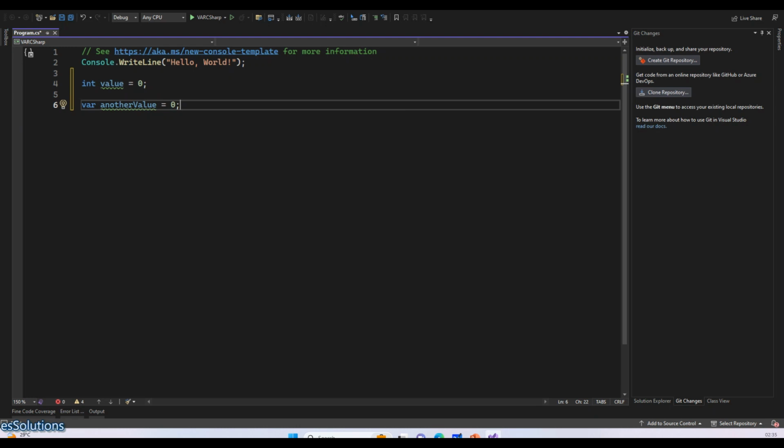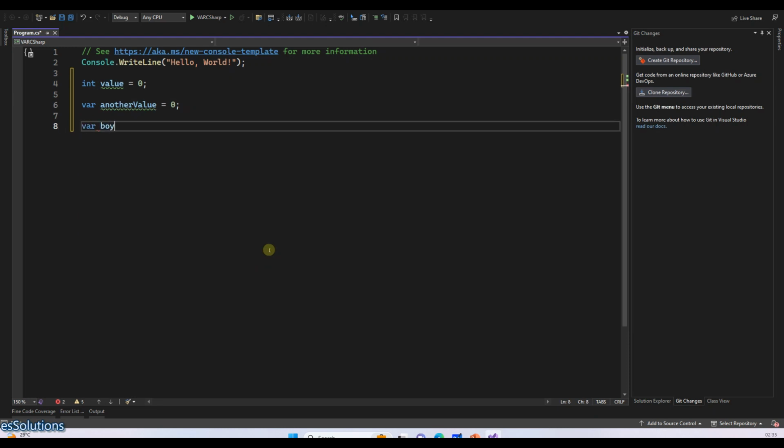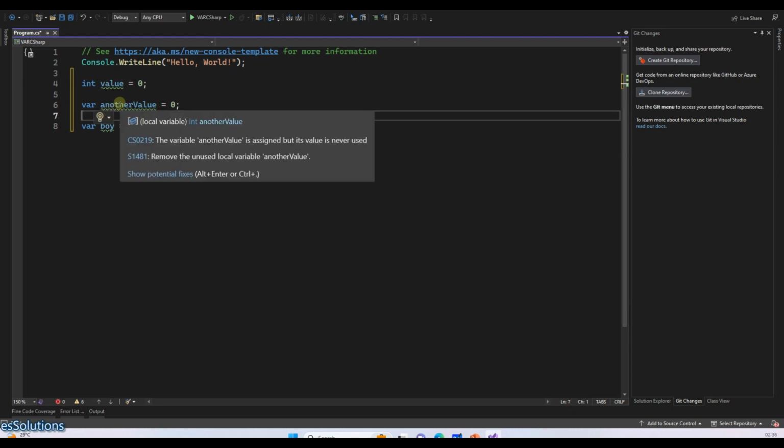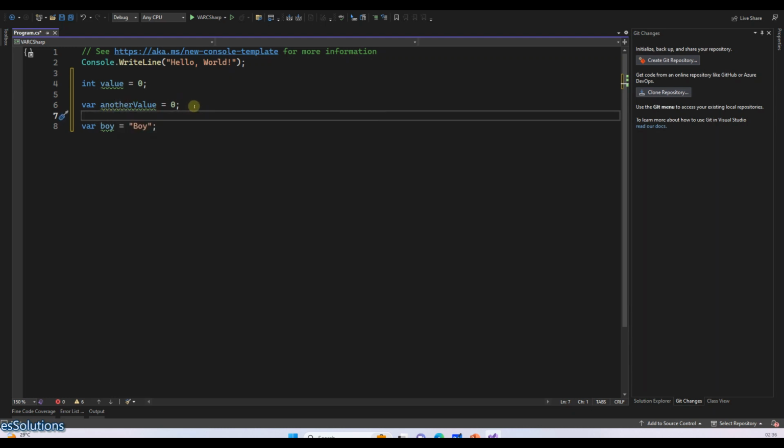So basically that's what we have with var. It's used to give a type implicitly to a particular variable. So for example, if I say var boy, what happens here is that the compiler knows that this is a string, so it can infer that the data type you are talking of is string. And this makes your development much easier because you don't need to specify the specific data type, since the compiler can recognize what data type it is